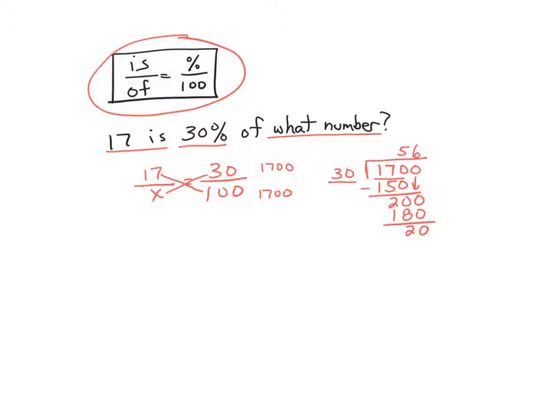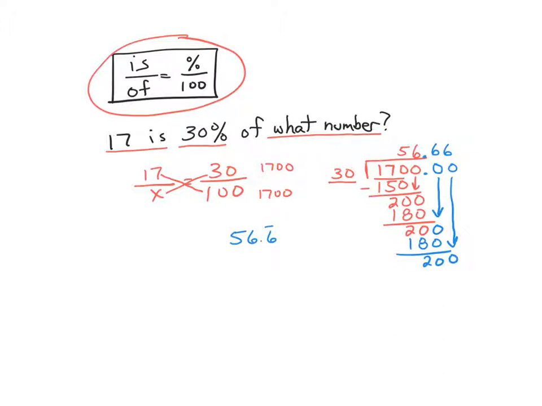Once again, I cannot say there's a remainder of 20, so I'm going to add a decimal point, put the decimal point up top, and then put down the 0 and bring it down. And once again, I'm going to ask myself, how many sets of 30 are there in 200? Well, there's 6 again. 30 times 6 gives me 180. I'm going to subtract, I'm going to get 20, and then I could bring down another 0. And at this point, you are probably seeing that there's a pattern. That 6 is going to continue. So it is